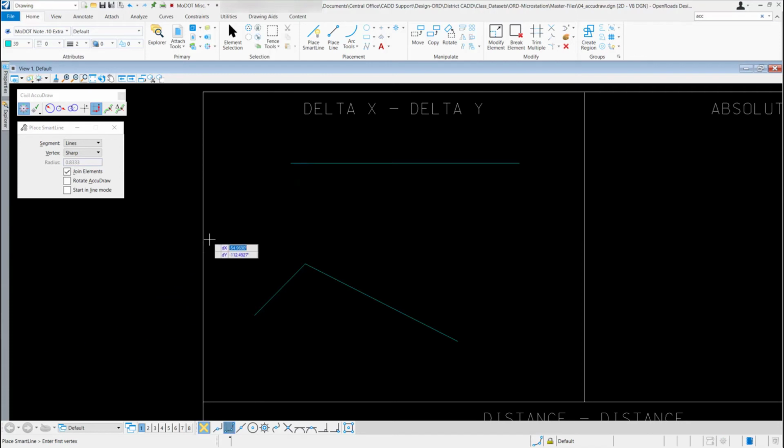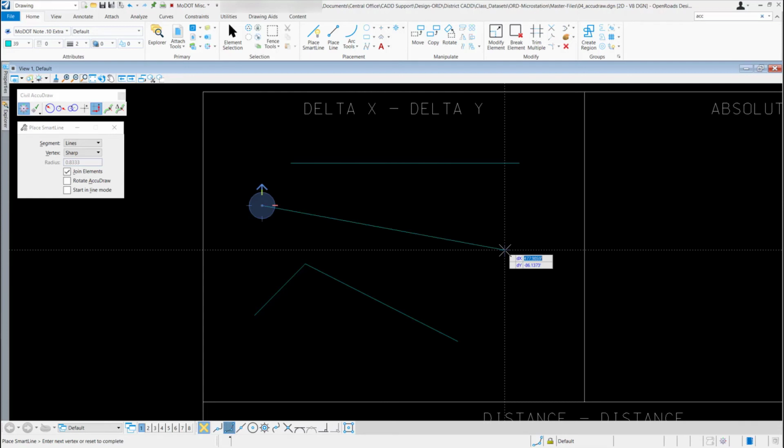Another thing you can do with Civil AccuDraw, I'm just going to come out here and start a line. I'm going to come down here, and for my X direction, maybe I'll enter 470, hit enter to lock that value in. Maybe for my Y direction I want a negative 90. Since I have my cursor pulled in the direction I want it to go, I could just of course hit 90 and hit enter to lock that in. Now when I move my mouse, you'll notice both of these directions are locked in.